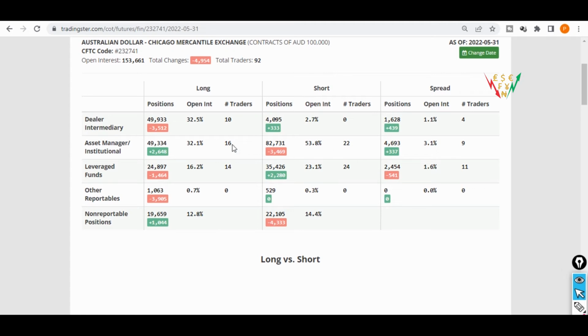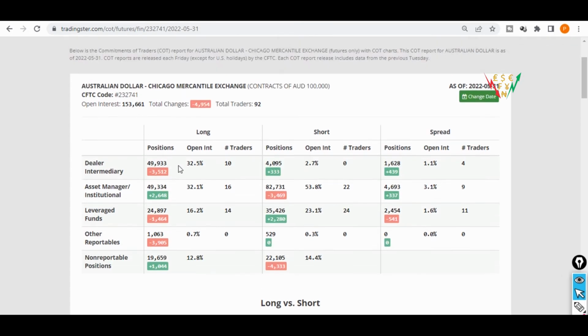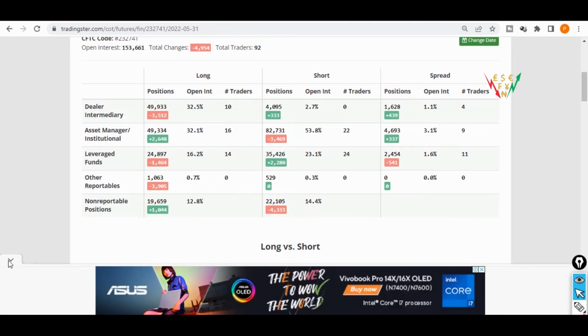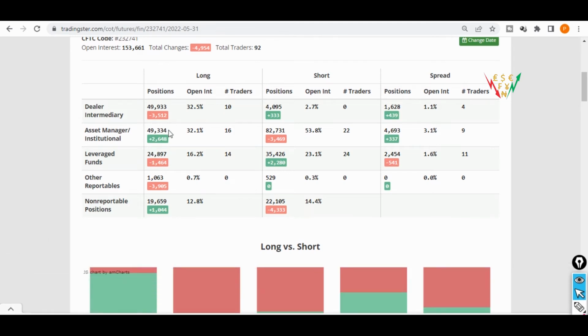So for the recent one here for the Australian dollar, what we see is very much unique. The asset managers on the Australian dollar added 2,648 long positions, and they removed 3,469 short positions. So what we see here is that the asset managers removed more short positions, and they added